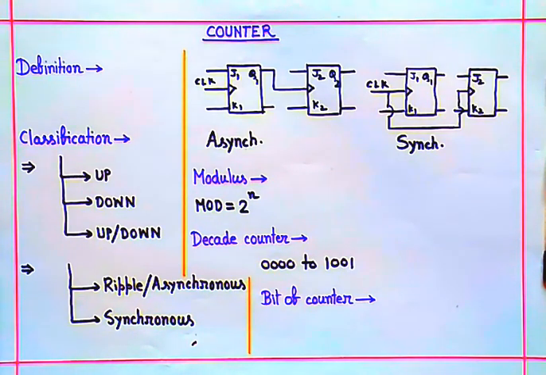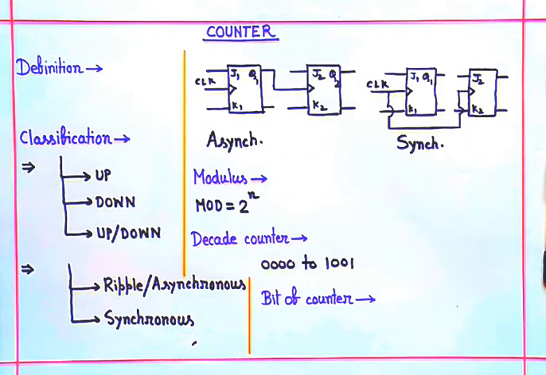It can count in forward manner, that means 0, 1, 2 up to 9, or 0, 1, 2, 3, 4 up to 15, or in backward manner like 9, 8, 7, 6 up to 0, 15, 14, 13, 12, 11, in this way up to 0. So easily you can guess that the function of counter is to count just in forward and in backward direction.